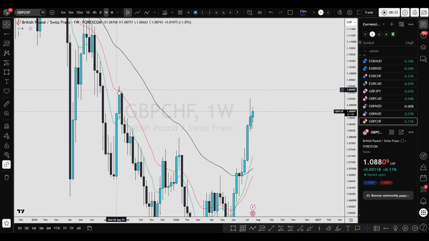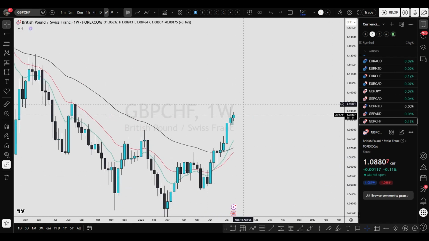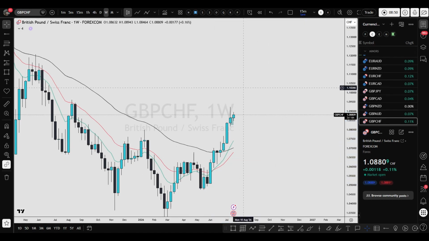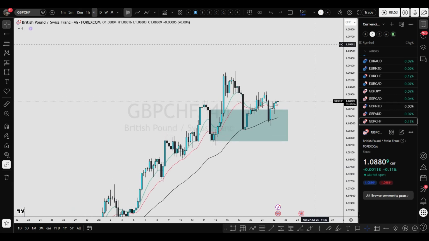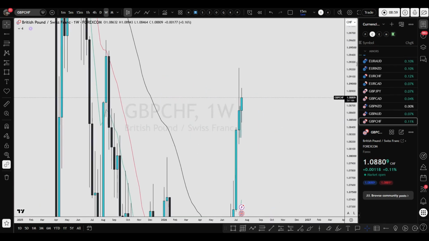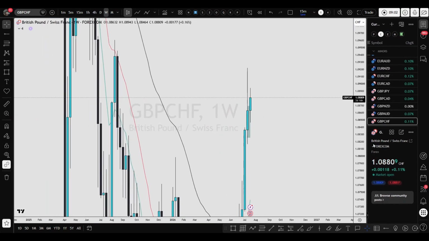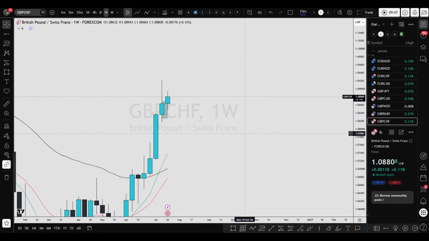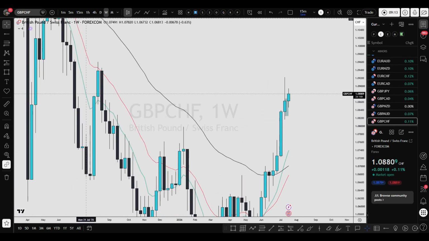It's possible that we are going to clear these highs within the next few weeks, but at the same time, I can see prices extended towards upside, and a correction is quite possible also. Correction towards downside is also possible towards the 10 20 EMA, towards the 38.2 level. So it's a good setup, but it's not a high probability setup because price is extended towards upside in higher time frames like the weekly time frame. Even though the weekly candle is giving us a bullish vibe because it is closing above the high of the previous week, still the week is significantly large.